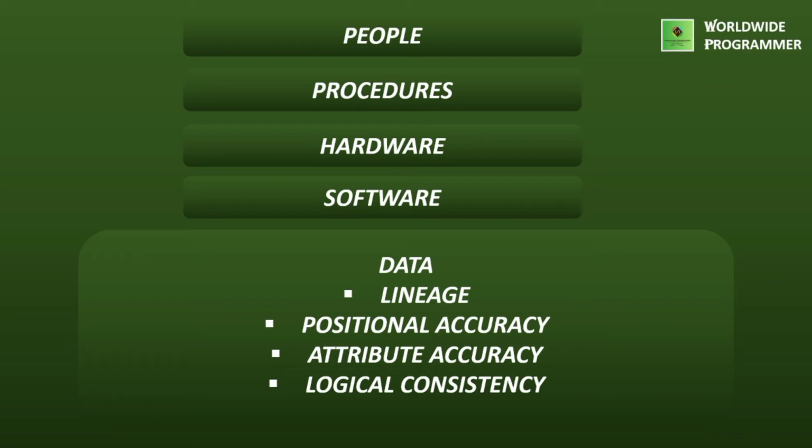Next one is logical consistency. It deals with the logical rules of structure and attribute rules for spatial data and describes the compatibility of a datum with other data in a dataset. There are several different mathematical theories and models used to test logical consistency, such as metric and incidence tests, topological and order related tests. These consistency checks should be run at different stages in the handling of spatial data.